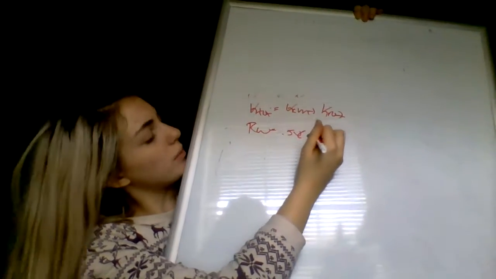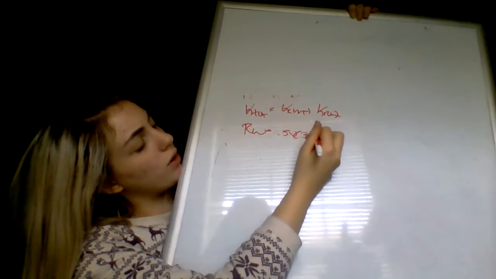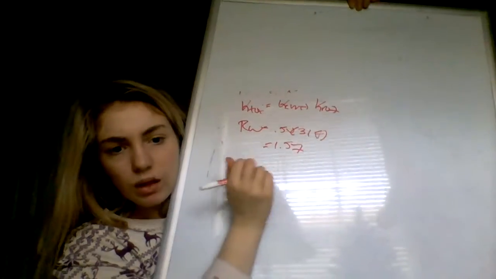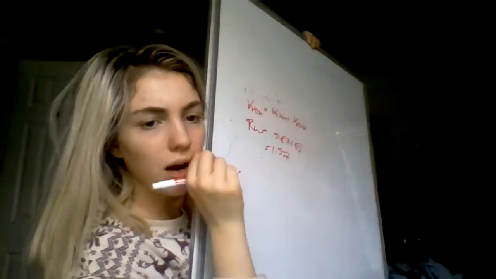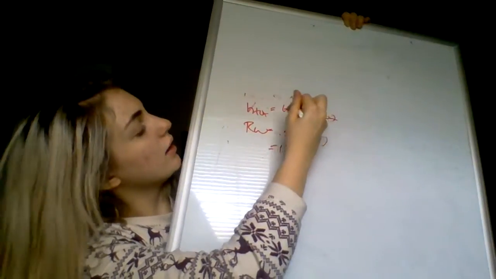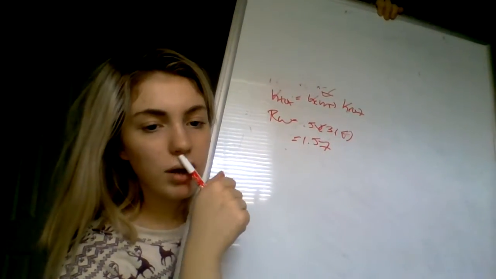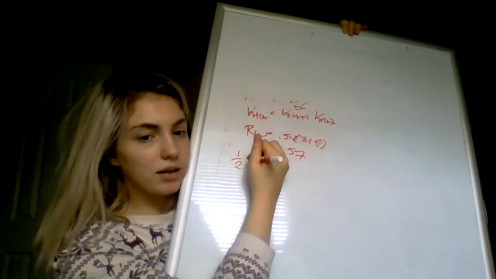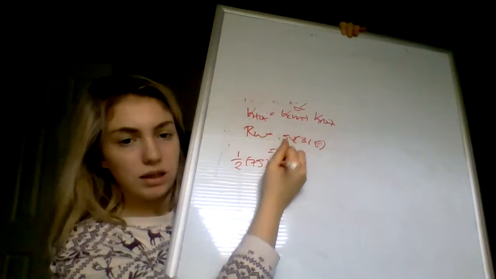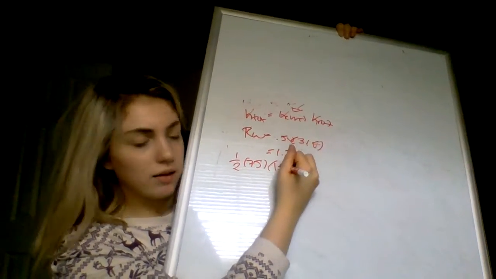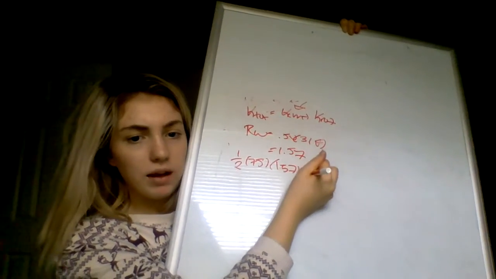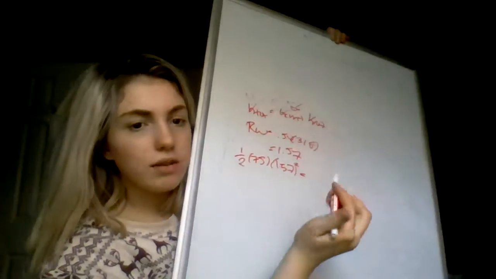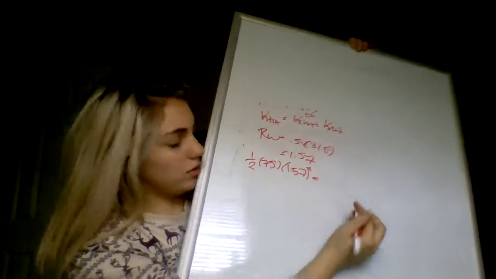0.5 times our 3.14, which will equal 1.57. And then for this value right here, I am going to do 1/2 times 75 times 1.57, and I'm going to square that as well because of the equation I stated above, which will equal